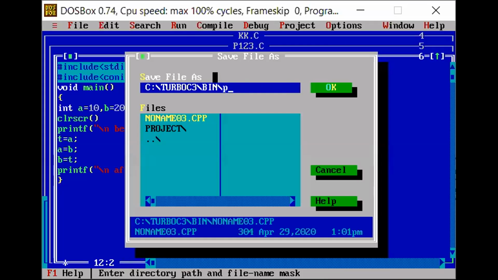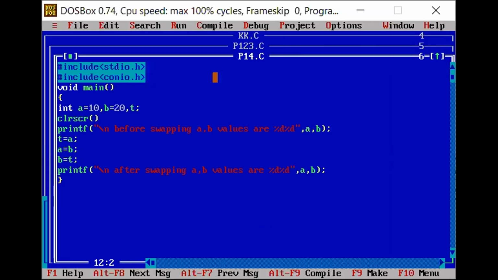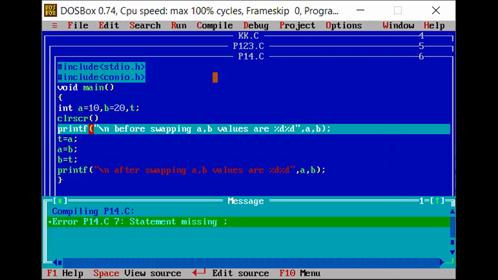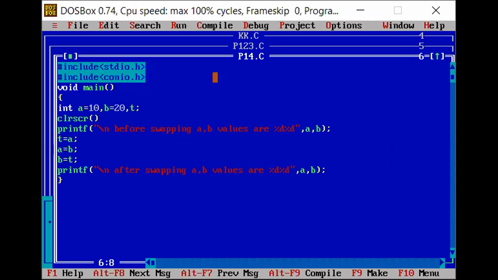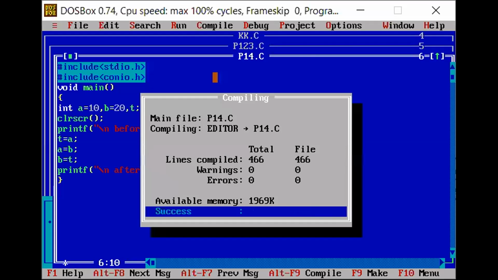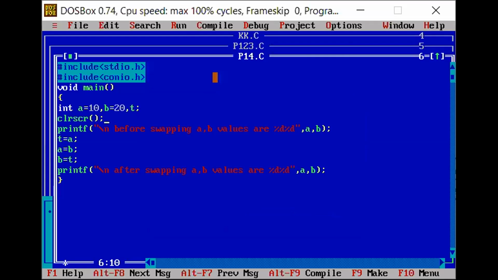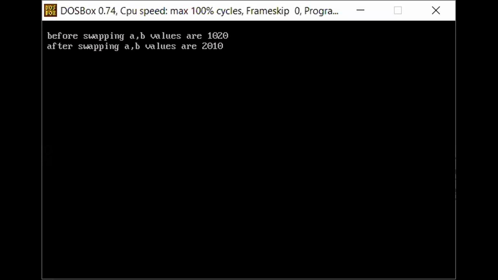Suppose P14.C. Okay. Compile this program. One error. Statement missing. That is after CLR you put a semicolon. Again compile the program. 0 errors, 0 warnings. Then Control F9. Then Alt F5.